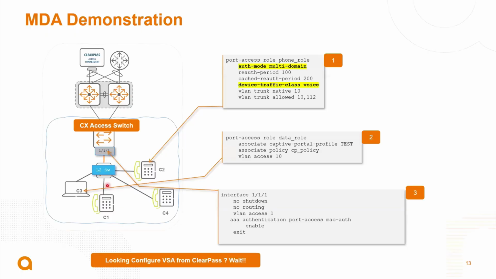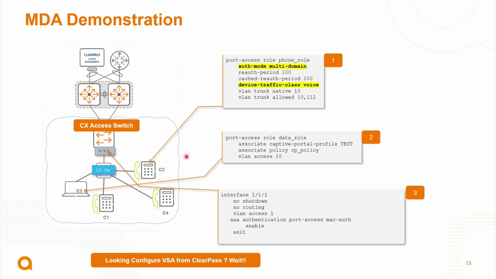For demo purpose, this is what we are going to do. We have one L2 switch which is connected to an AOS CX switch, and a few clients: voice, I have a phone, and 2 data devices. You can think you are only seeing C3. I'm considering this L2 switch also as a data device, and I'm authenticating that one. That means on port 1/1/1, you will see 5 devices getting authenticated by default, as I was telling you, in the client mode.